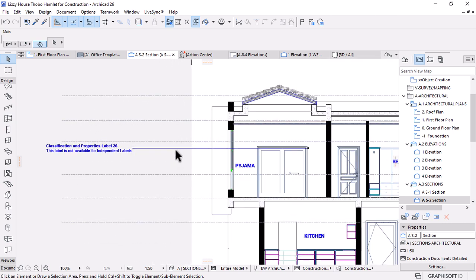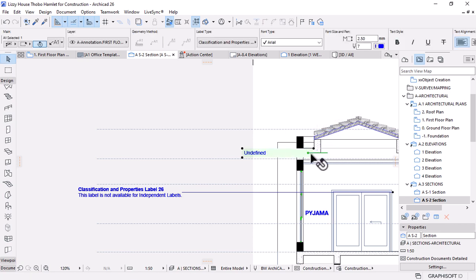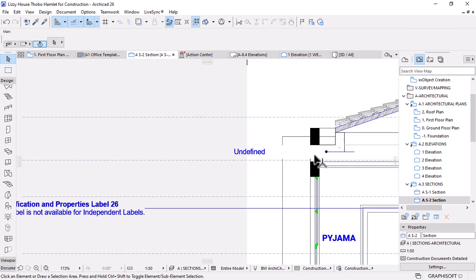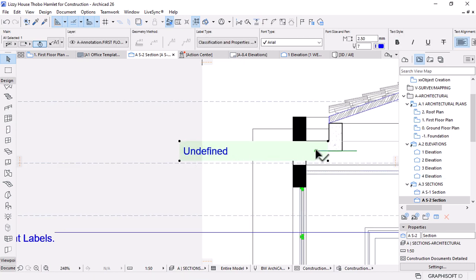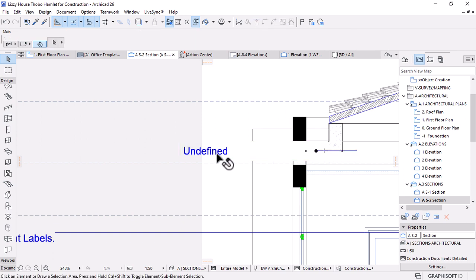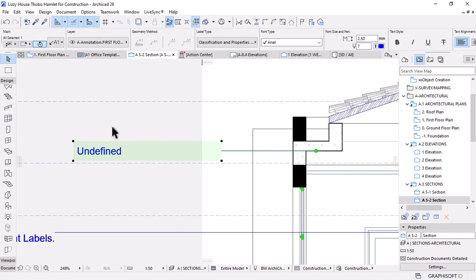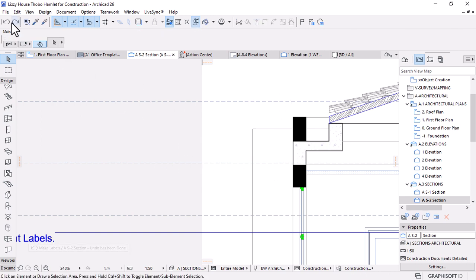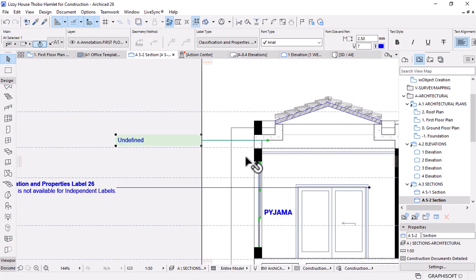We can place some dimensions, some annotations. I'll start with the gutter. I mentioned from the previous section when I was doing it, if you want to move the label without affecting the point, you have to select it without bringing the extra points. So I can now just drag it like this by Control D. If you activate all the points, if you move it, it will move with the points. So in this case we'll move it there,